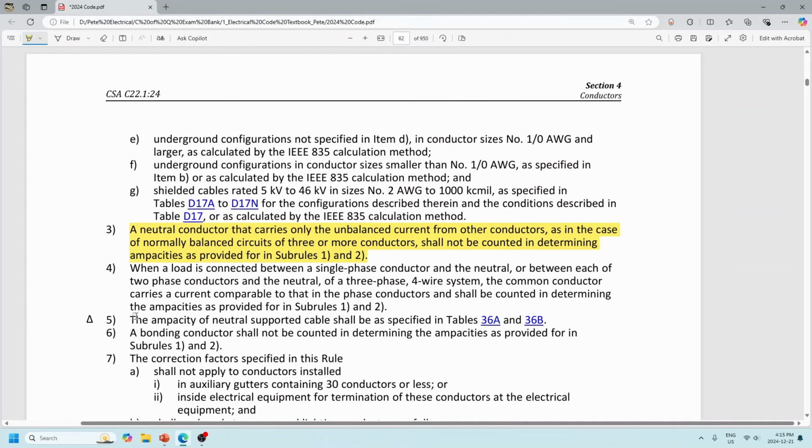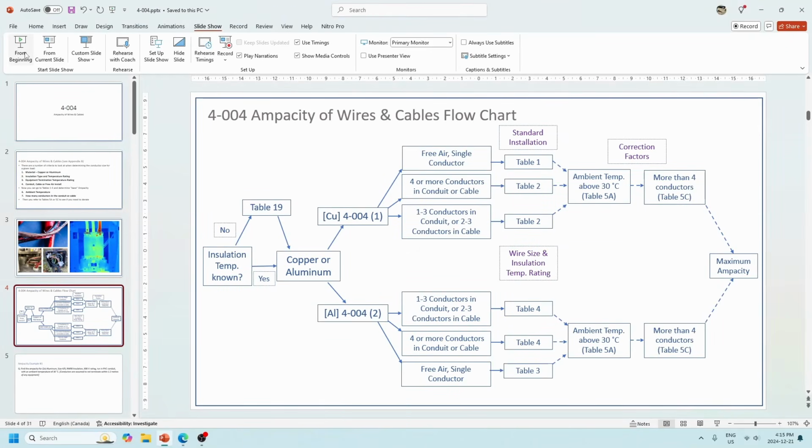So in both cases, the neutral conductor is not being used in order to determine the ampacity. The neutral conductor may be in the pipe, but we're not using it to determine ampacities. Okay, so let's move on to a couple of different examples. Let's go back to the PowerPoint here,